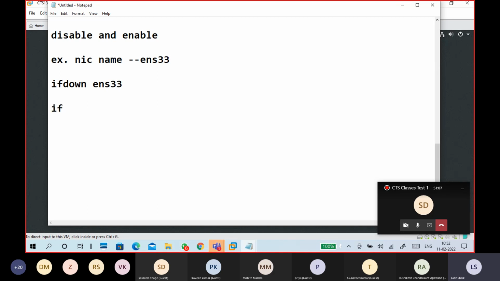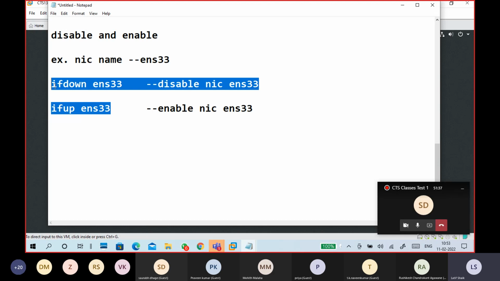You want to enable it, ifup ENS33 means turn on. This is for disabling NIC ENS33. Enable NIC name ENS33. Okay, like this.